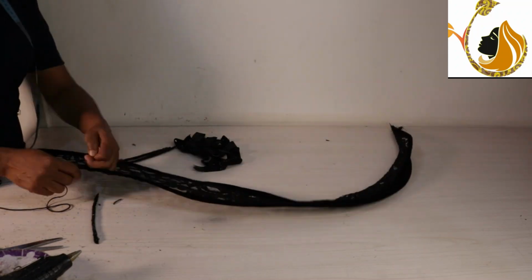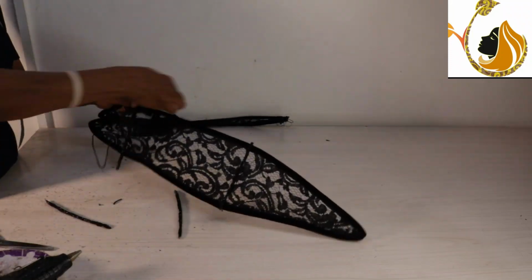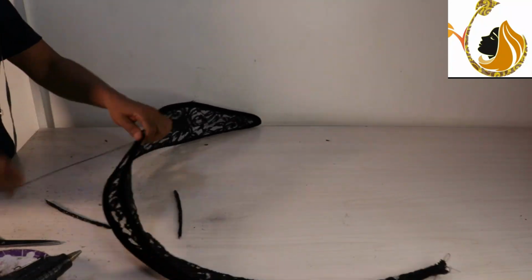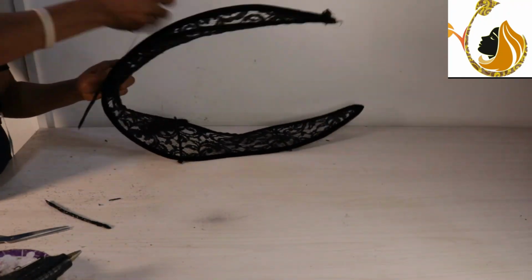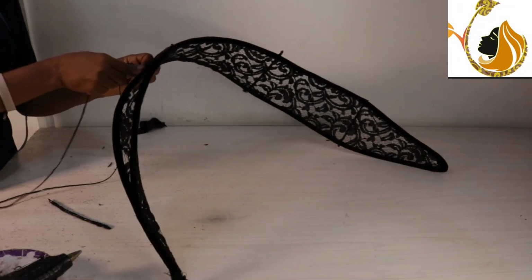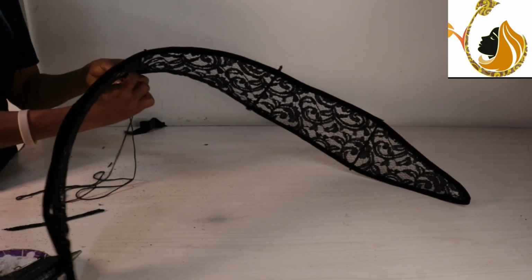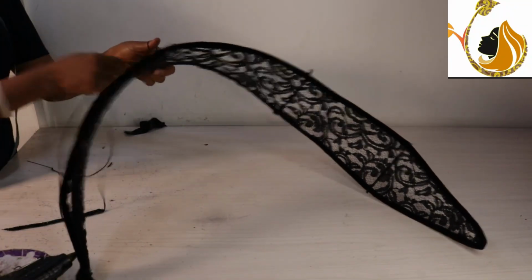Yeah, so you just use it to fold, and use your sewing machine to sew round it so that all the rough work can be covered. And then after that, because I need to see the opening of the net, I went ahead and cut out wires, chop length of, let's just say, like 5 or 6 inches, and then use the same bias trimming to wrap it round so that it can be neat, and then use needle and thread to fix it